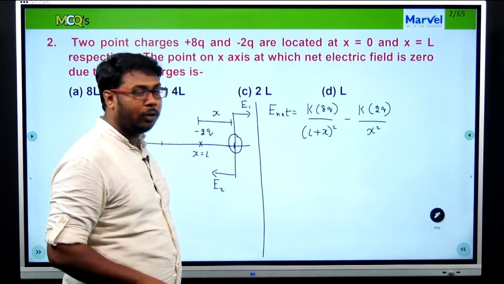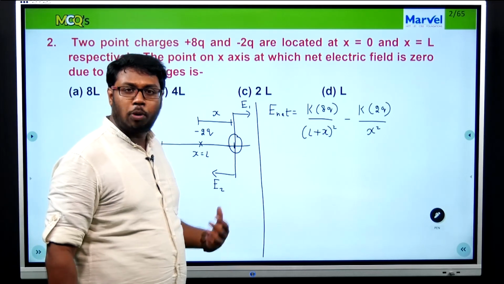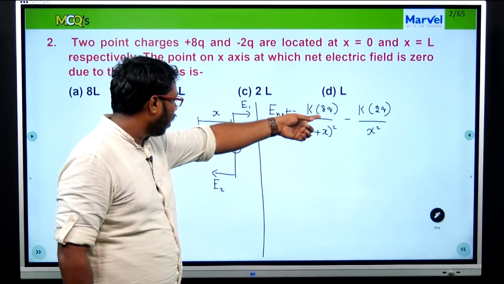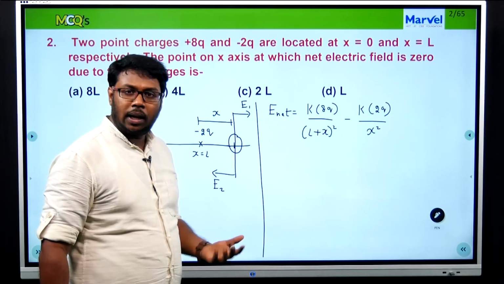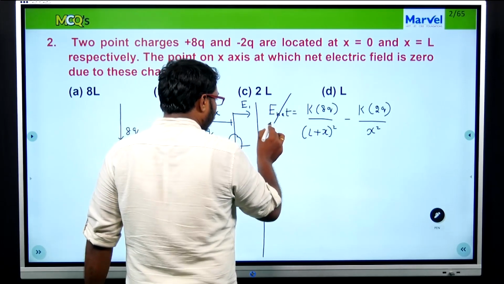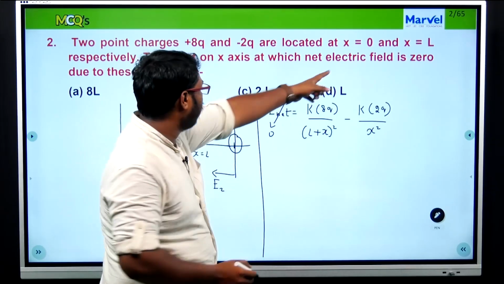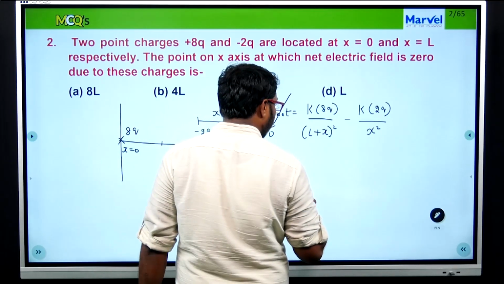Remember, because most of the students go wrong in this. They understand this concept wrongly, and they don't understand that the negative sign is due to the vector. They say that it is due to the magnitude. Please make yourself correct. Now the net electric field is going to be 0 because that is what is given in the question. I will take this to the other side and start doing the calculation.